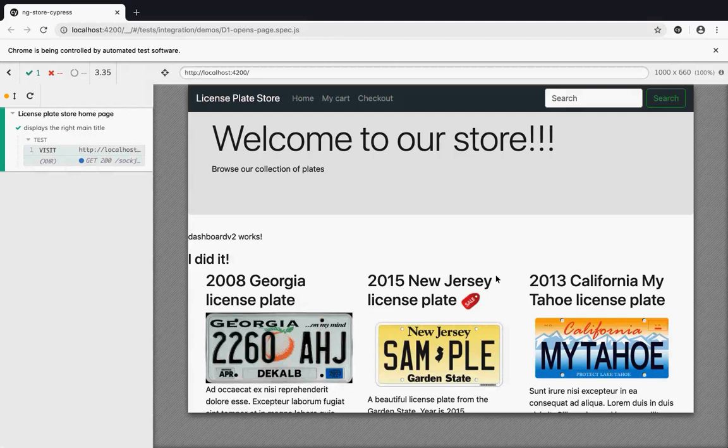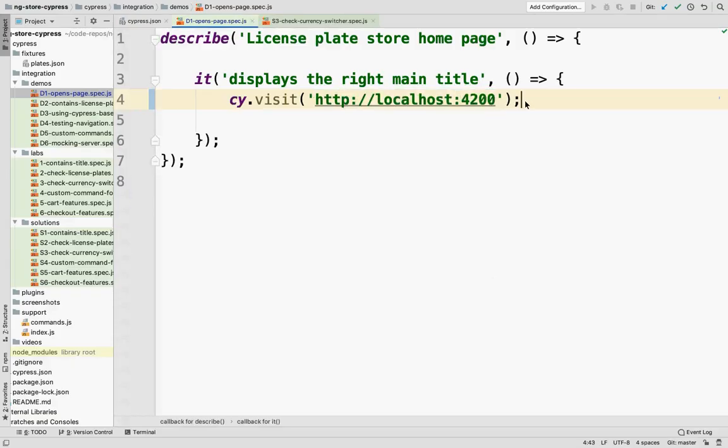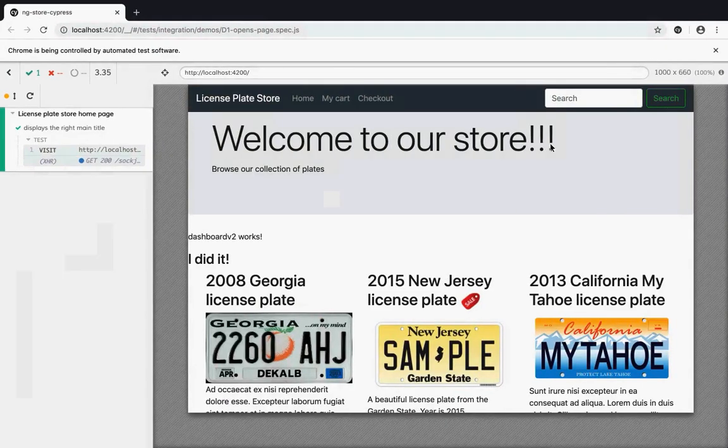I actually didn't test anything in here. I was just displaying the page. But Cypress does all of that, so all of the integration is there. And just like earlier with Angular and ng serve, if I change my test, it's going to see it and rerun it right away. So it's all automated. Let's say I want to change that one. What I'm going to do now is check the title here.